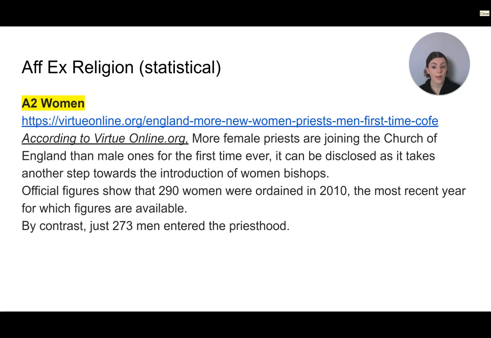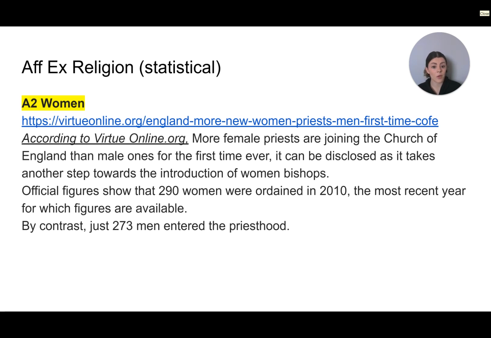So then I would add my own this shows at the end, which you can do as well. You can either have this shows in your rebuttal, or you can just have the rebuttals quick and easy, and then mid-round you can make your own this shows, depending on also what your opponent is saying, because you can kind of morph your this shows statement to also be attacking what your opponent is saying at the same time. So I would say, this shows that churches are not discriminating against females, and in fact, there